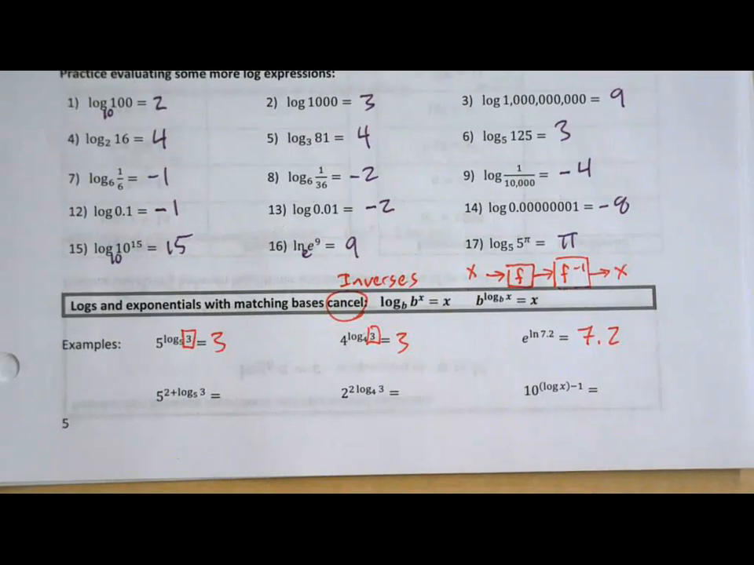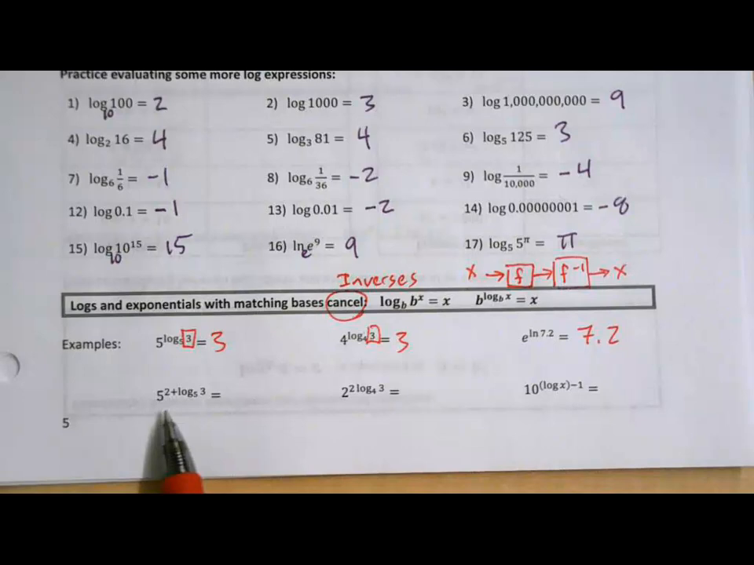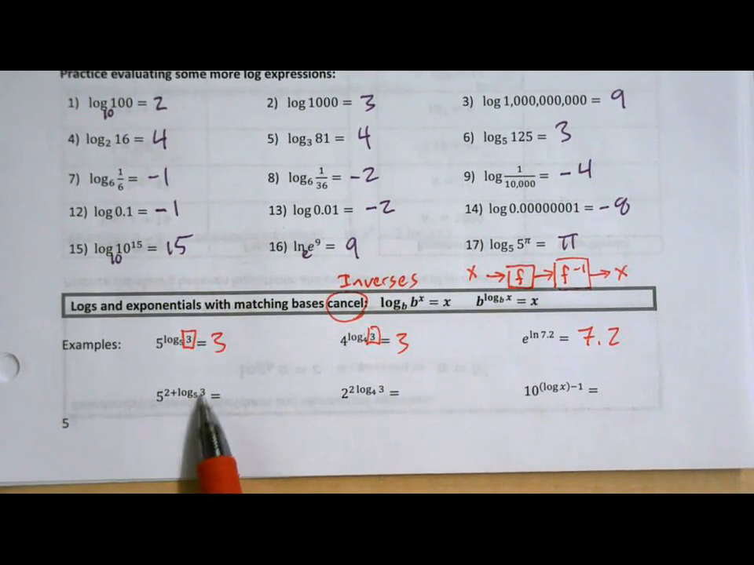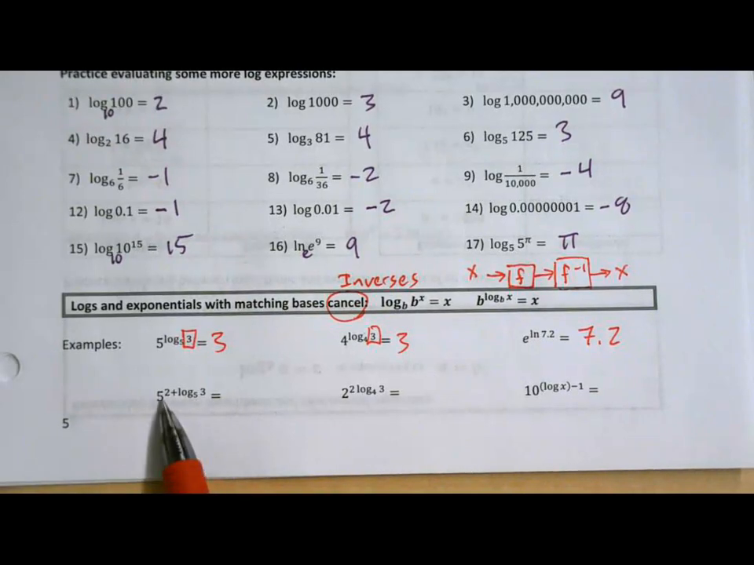Ooh, this next one's tricky. We've got to know some exponent rules to make this next one happen. I can't do anything with this because I've got both a 2 and a log 5. I want my 5 to just have a log 5 on it. Can you think of a way I can separate it so that I write this with 2 bases that are